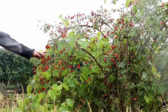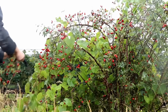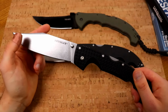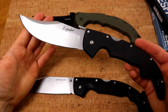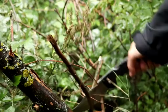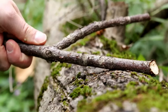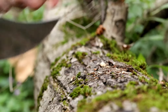So the Voyager works really well for the normal task. I wouldn't chop too much with this. Obviously, this is a very thin geometry, and you shouldn't go overly crazy with this. The Espada lends itself a lot more, like I said, to chopping down stuff. But you should never forget that it's still a folding knife. I do not go overly crazy on these. I do only chop up very small branches. For those kind of things, it's not